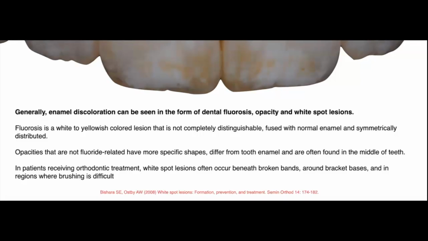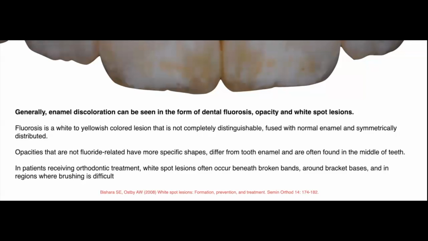But the most important thing is that fluorosis is a white to yellowish color lesion that is not completely distinguishable, fused with normal enamel and symmetrically distributed. Fluorosis, which is one of the main lesions that I have seen in my practice, can be all white. It could be a large white spot on either a central or lateral incisor, sometimes even on canines. But you can also see some yellow staining, some pitted enamel, some irregular enamel, and you can see that they're very, very opaque,